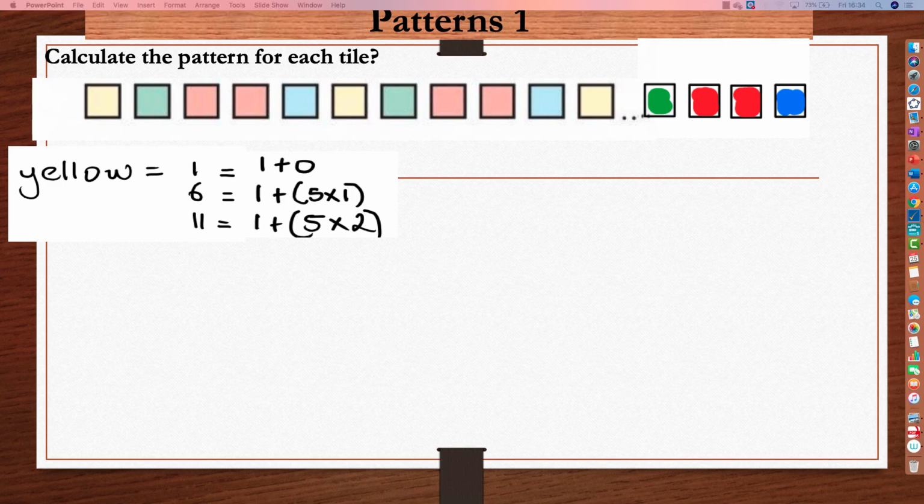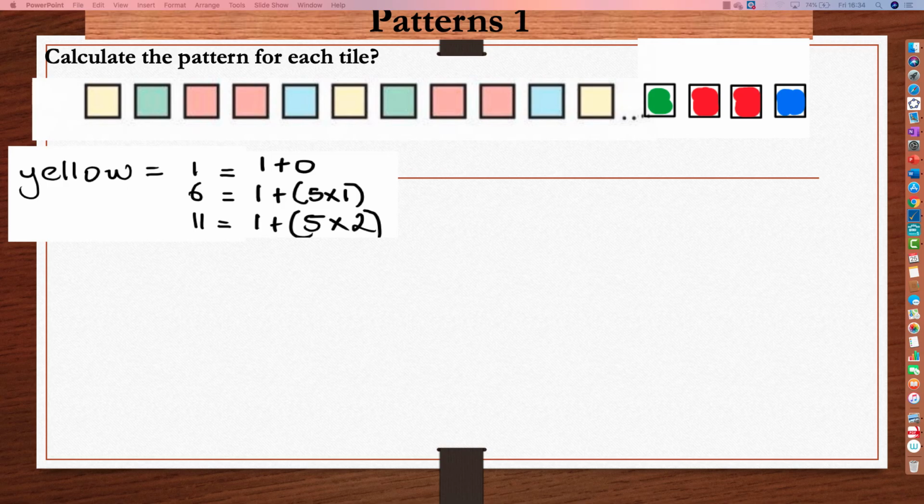So what would be the next one down here? How would I find what I would write for the 7th? Exactly, 1 plus 5 times 3. And what that creates, which we'll be looking at today, is a pattern that looks like this: 1 plus 5n. Alright, so that's the pattern. 1 plus 5n. And what that means is if you were to start the pattern at 0,